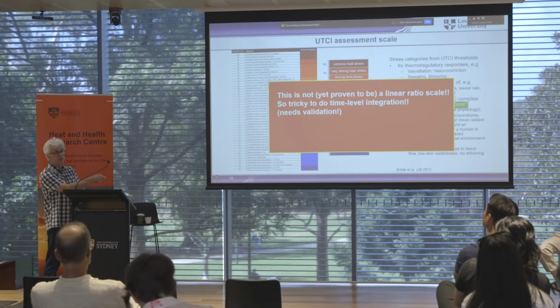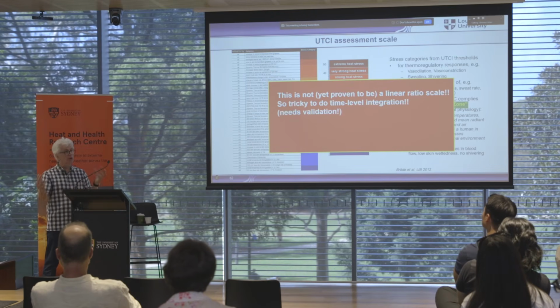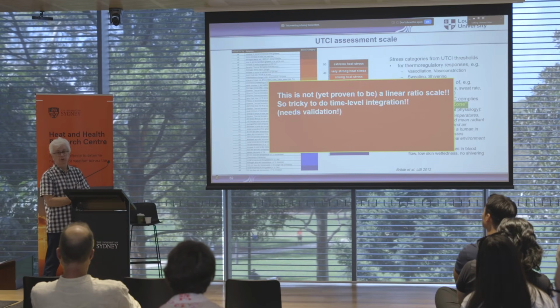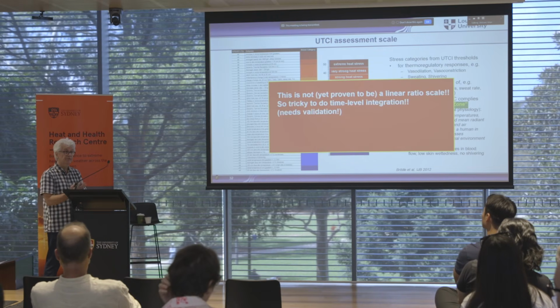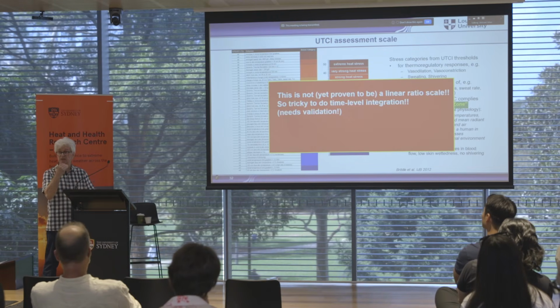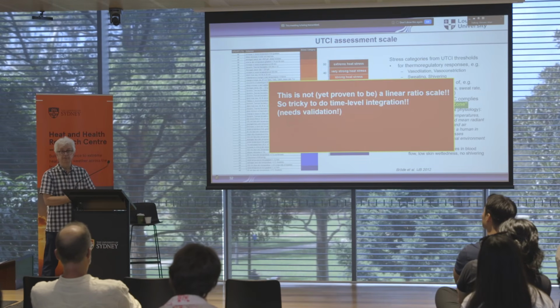people, for example, said you take the amount of hours that people have strong heat stress, then you take the very strong heat stress, you give that a weighting of 2, and you give this a weighting of 3, and you combine them all into a certain level of heat stress, which is a really good idea, I think, but we don't have evidence yet that this is a linear scale that you can use in this way. But maybe it is. Yeah?